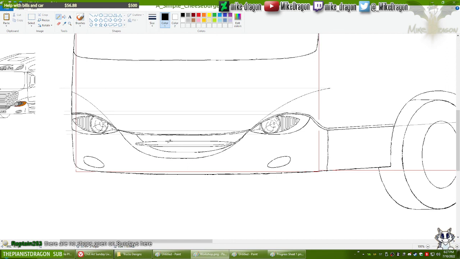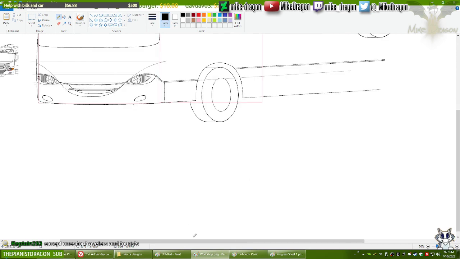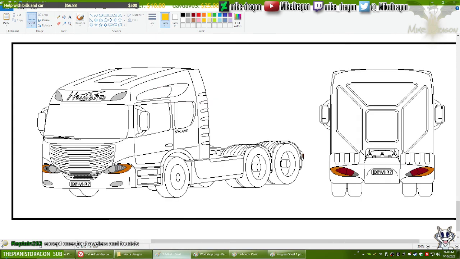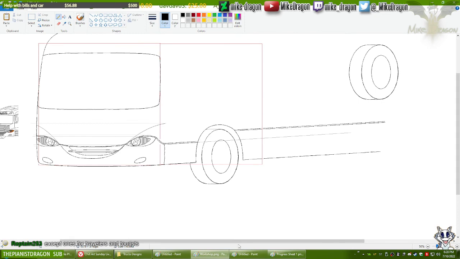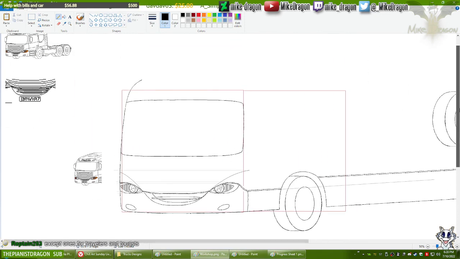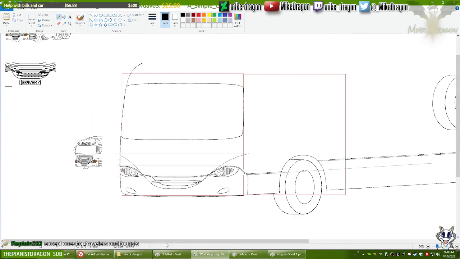Also, we can see more detail of this part of the radiator grill that is in the bumper with a little trim there. It's taking shape. Yeah, I like how this is turning out. I just hope that I can make this look just as good as I imagine it.